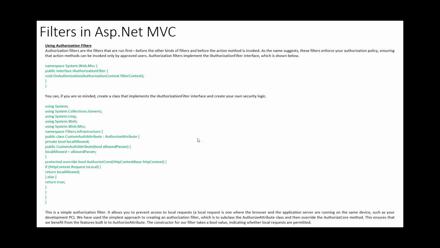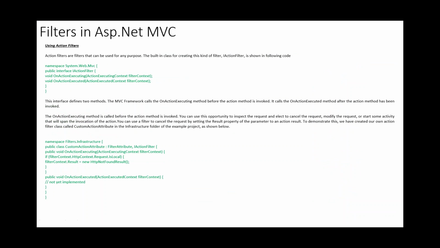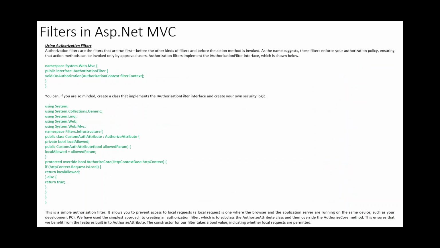Okay, these are filters. This way you can define IActionFilter, IAuthorizationFilter. So the syntax is, these interfaces are already available in your MVC. If you want to write your own filter, you have to derive a custom class from this interface, and you have to implement these methods, like OnAuthorization. So these methods you have to implement, and then you can validate.